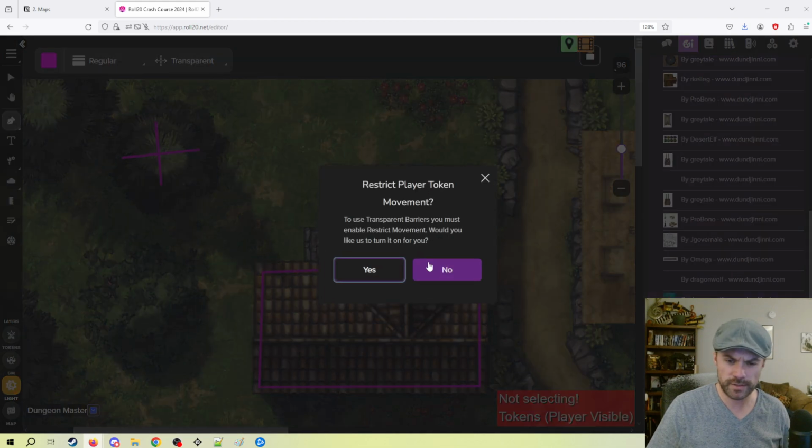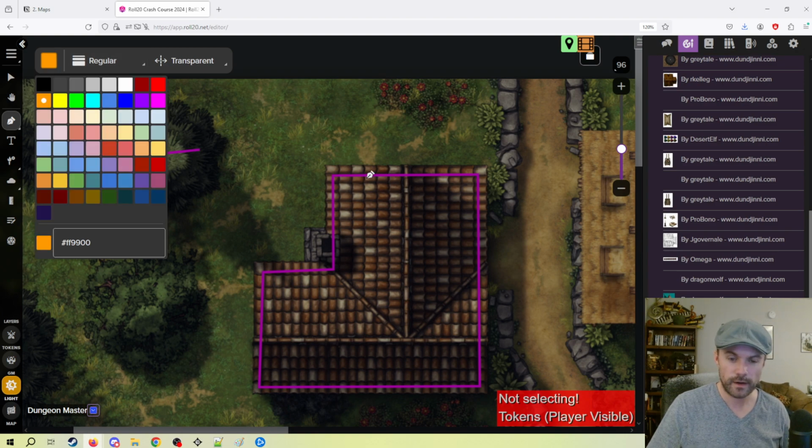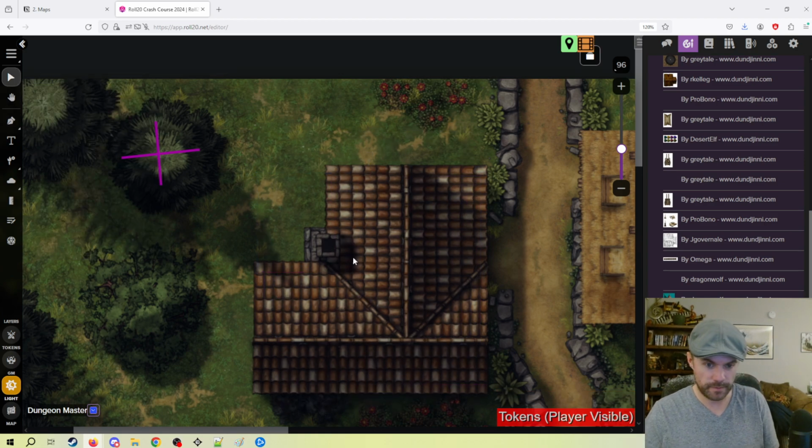For things like windows, you probably want to draw something that's transparent. You'd use this for windows because doors are usually not transparent. But what you would want to do in this case, I would probably not draw an enclosed box like this. I'd probably stop wherever the window was. So I would do something like,